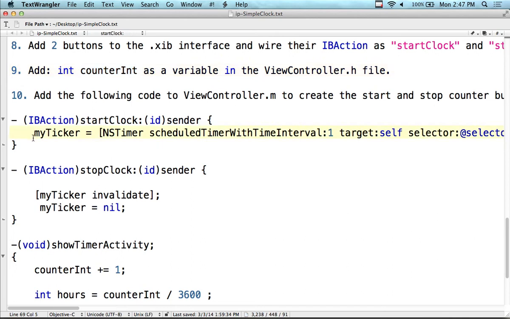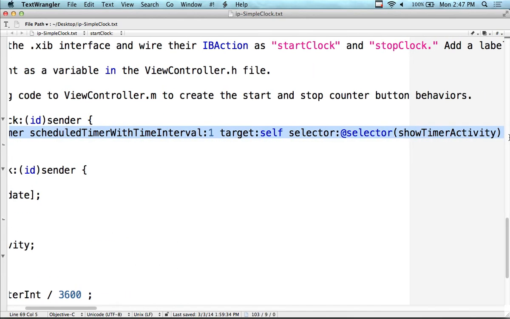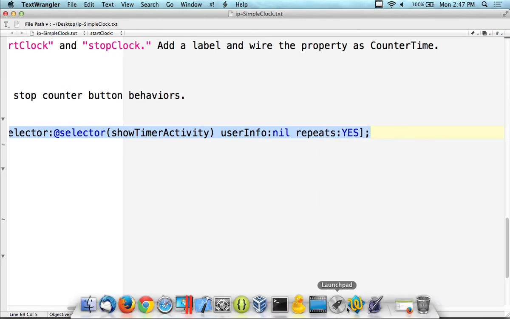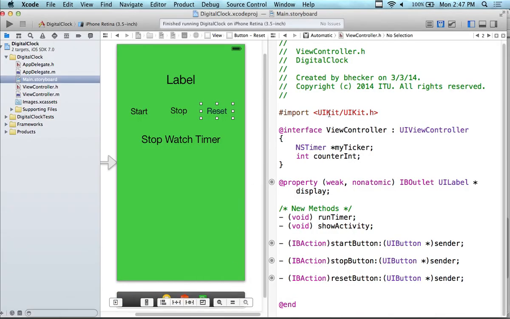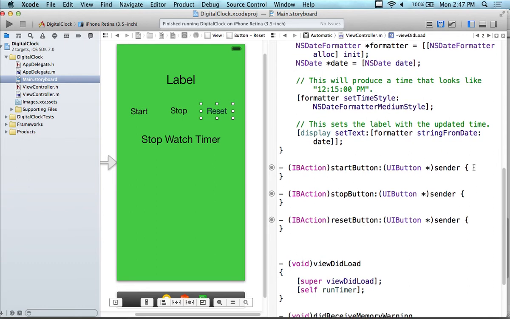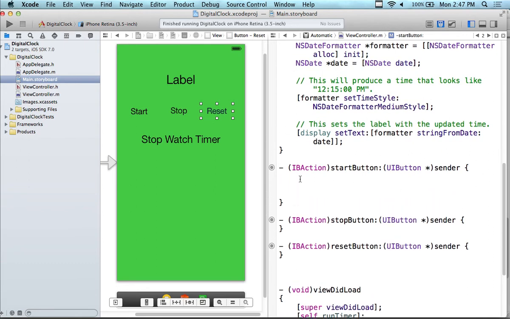So go ahead and just take that one line. We're in step number 10 right now. Take the one line of code that's in there, because there's only one line of code in here, and stick it in the start button. So in your start button, you have to go into the viewcontroller.m file. And at the top, we have the start button. In the start button,